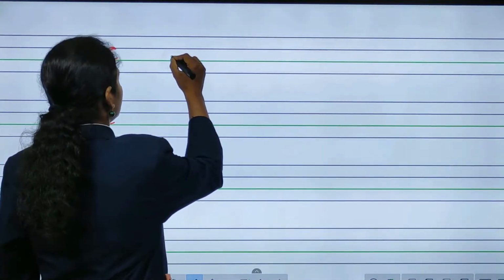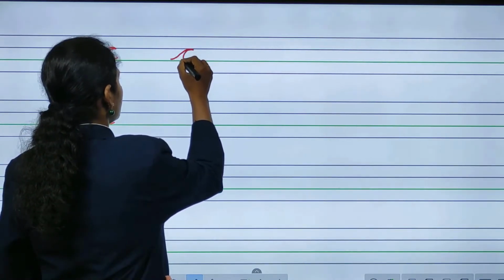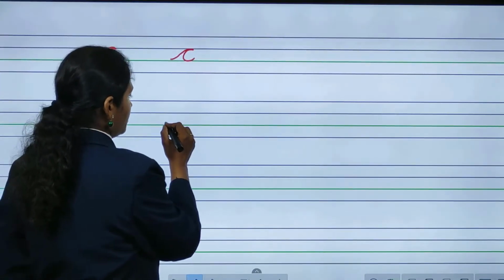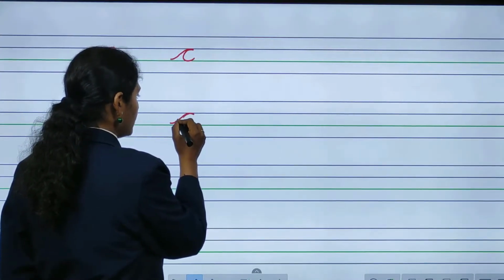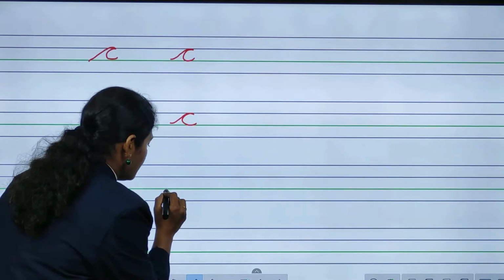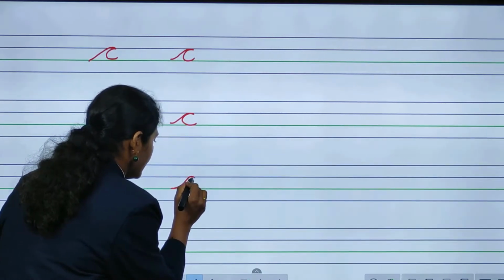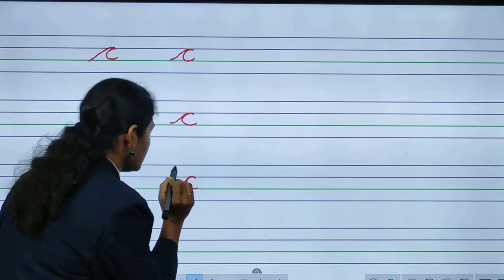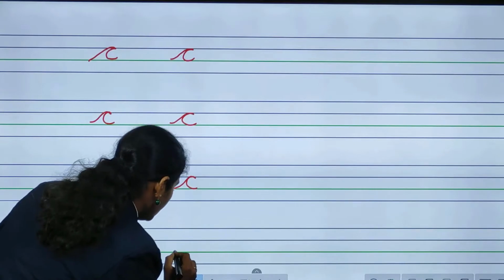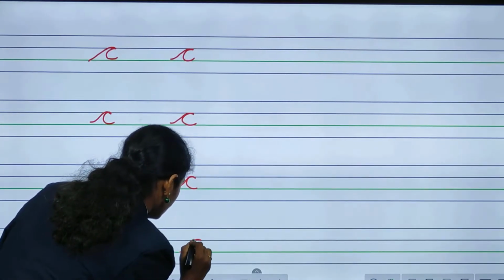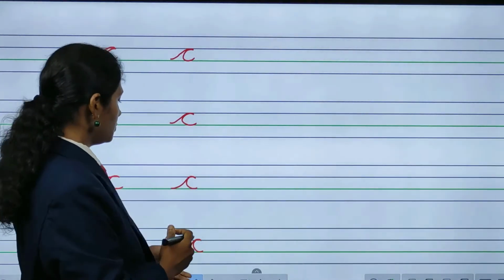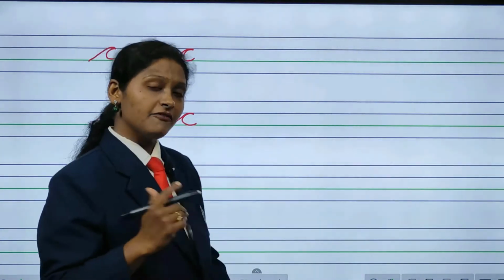Here again I am writing this. You just see here, okay children? Which letter is this? Small cursive C. You write with me in your notebook or in your slate. C. And how to write this? Start from the down blue line, make slant line and curve line. This is small cursive C. Again. Okay. So, this way you have to practice in your notebook, one full page you practice every day.